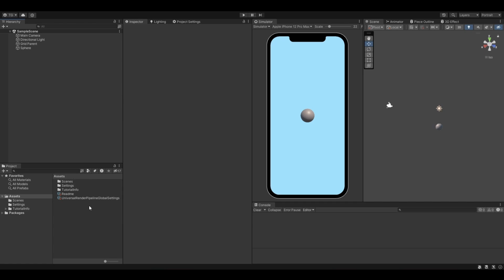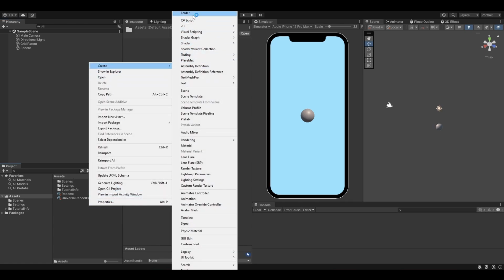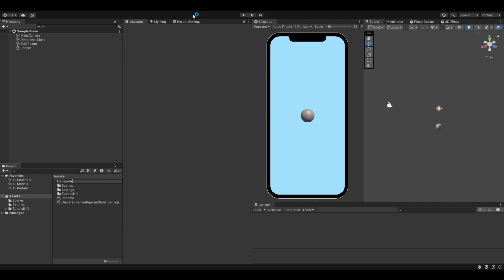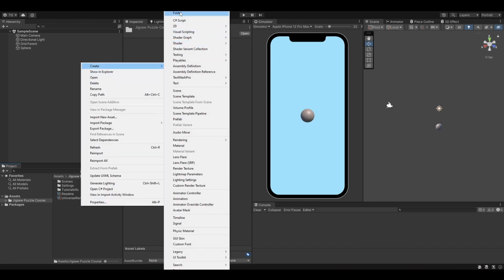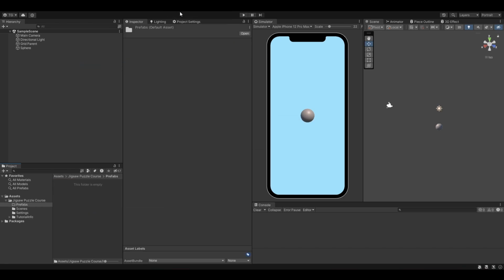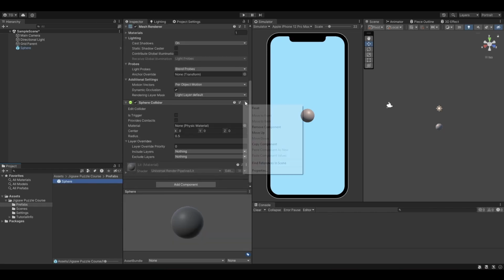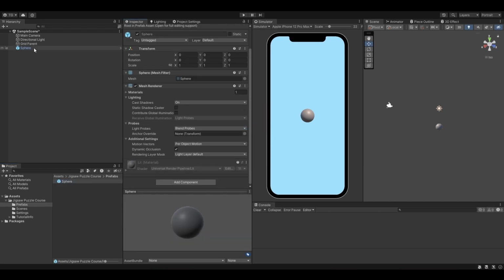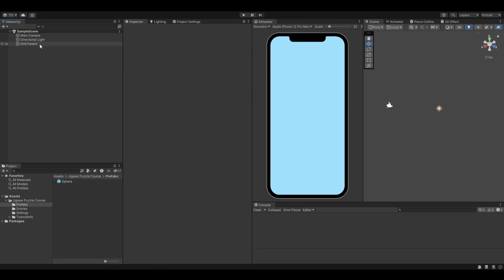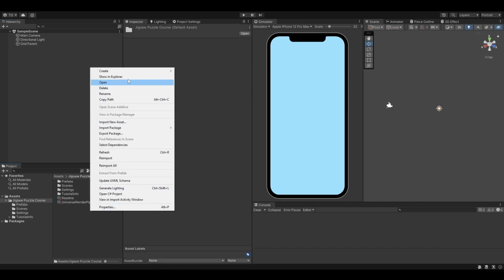Okay. So I'm just going to create a new folder for the project, Jigsaw Puzzle Course. Let's select everything, drop it inside of here. Let's create a prefabs folder, like so. Grab the sphere and drop it here. You know what? We don't need the collider, so let's remove it. Awesome. I can also remove the sphere. I'm going to create a new scripts folder